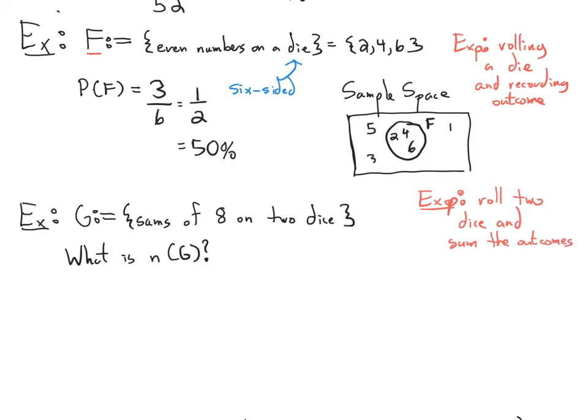Okay. So we have, first of all, this event G we care about when the sum of the 2 dice